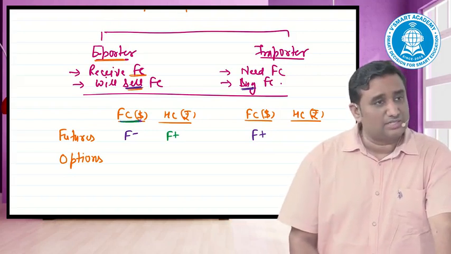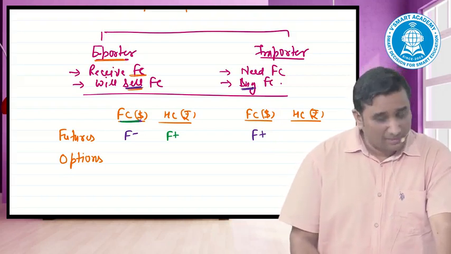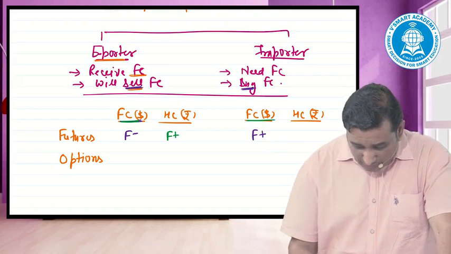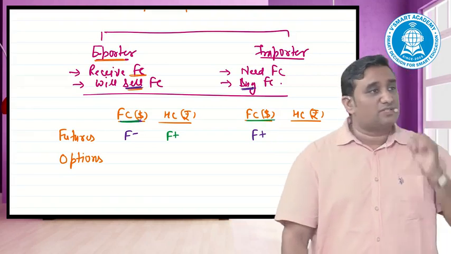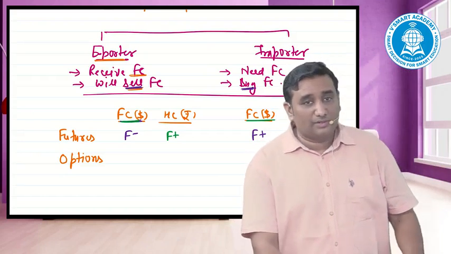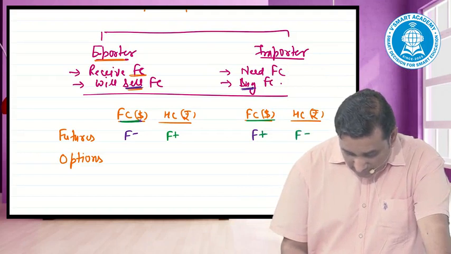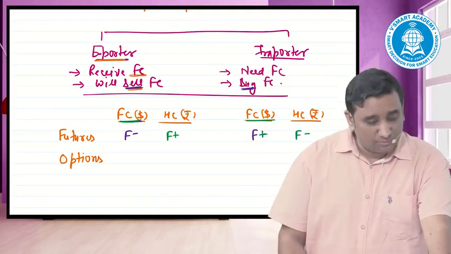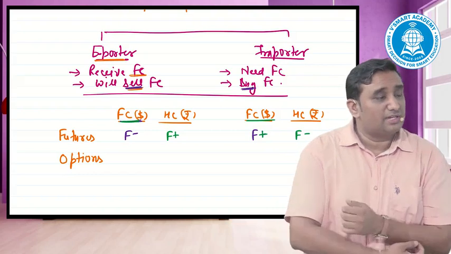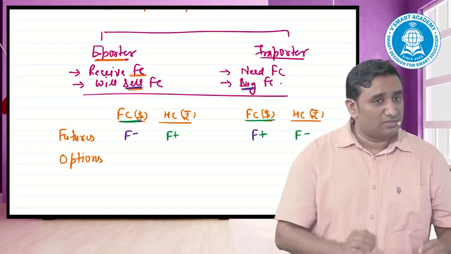If selling of this currency contract is not available, automatically the second currency will go for the buy contract. Similarly, an importer needs to buy this. If by chance the question says the contract is not available in dollar but in the second currency, buying of this currency would mean as good as selling of the second currency. So you have to appropriately take a call which type of currency contract is being given, and my basic rule was which currency I should have bought and sold.